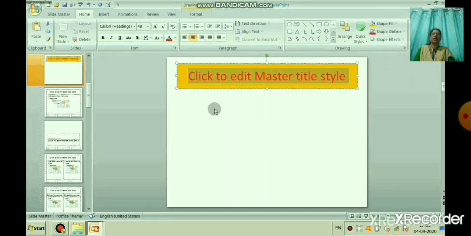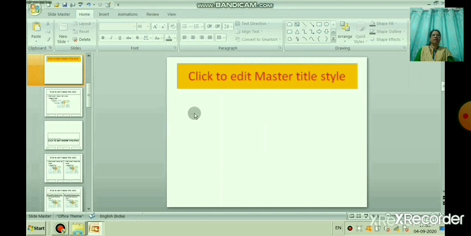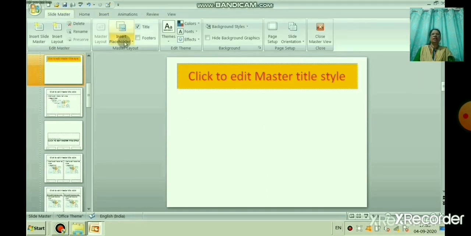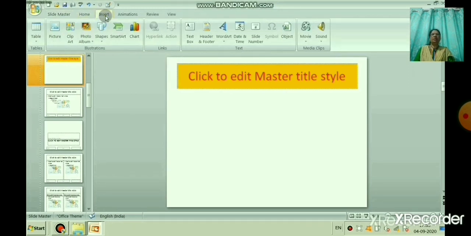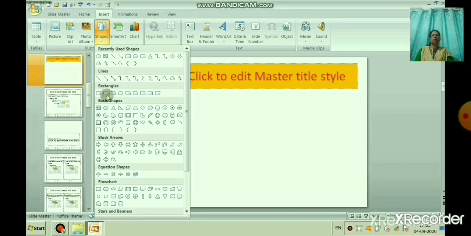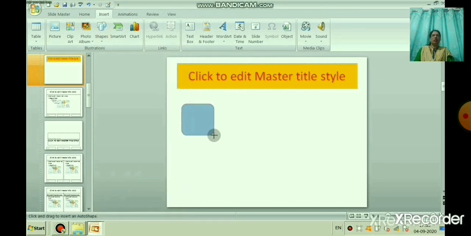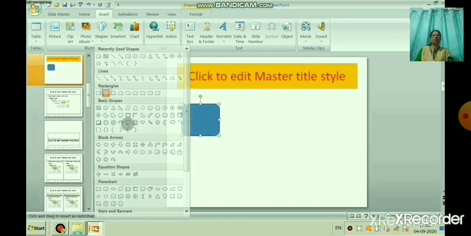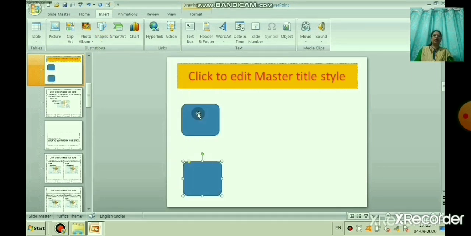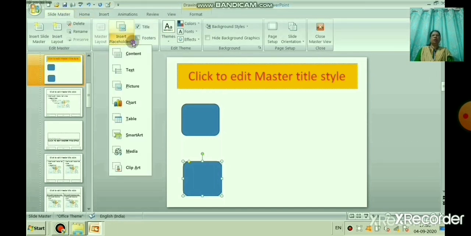See here, I have taken the same thing: View and Slide Master. Here in slide master view, I have to insert two pictures also, right? So I will take shapes. The shapes are not important, but I want to insert a picture in each shape. So I am going to create two shapes, because in every slide I want to insert two pictures, and in front of that I want to write points.